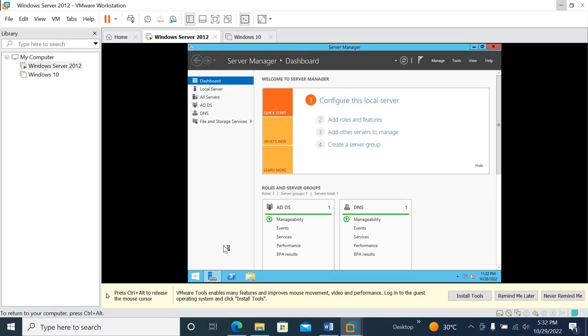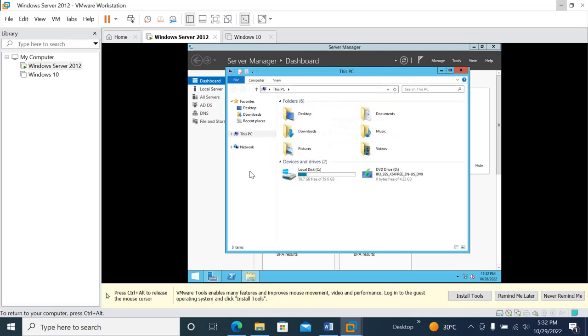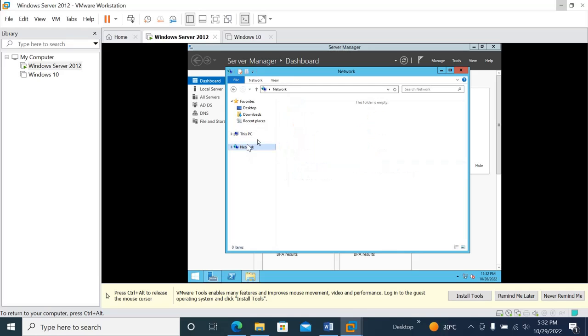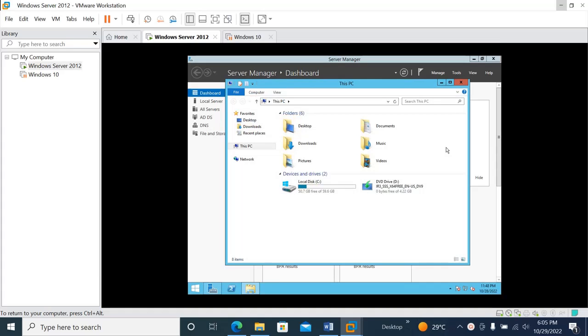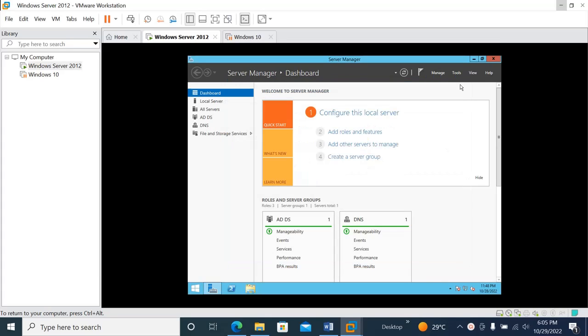Now I am here as Jill, and click on File Explorer, go to network path, and you can type the exact network path here, which was ICT DC-01 and enter. So now you can see desktop background over here, and you can access the background as well. You can double click on that, and this is my background, which I am going to deploy by using a GPO. So now log out from Jill's workstation